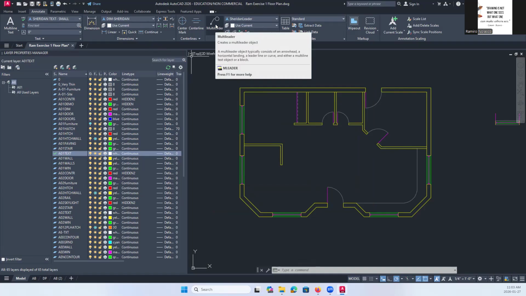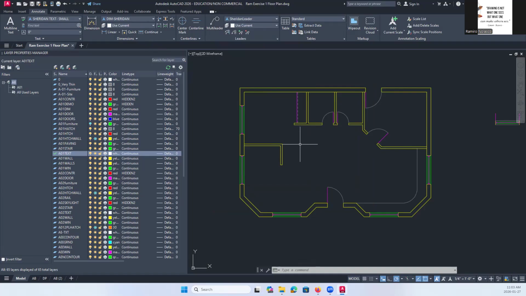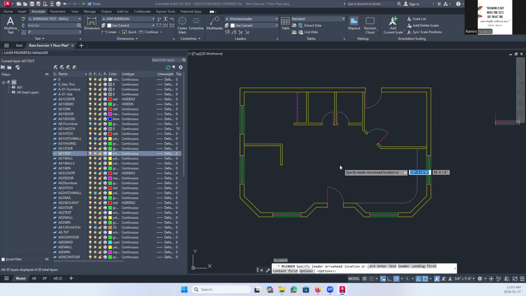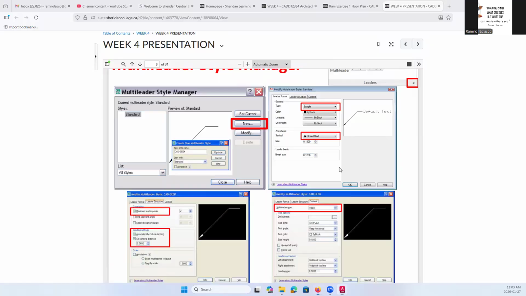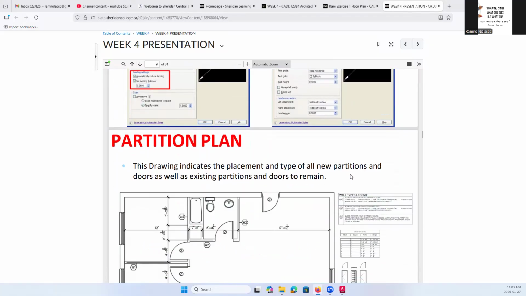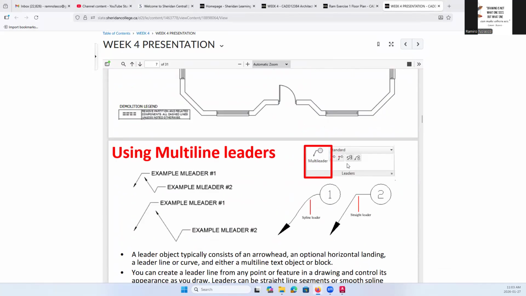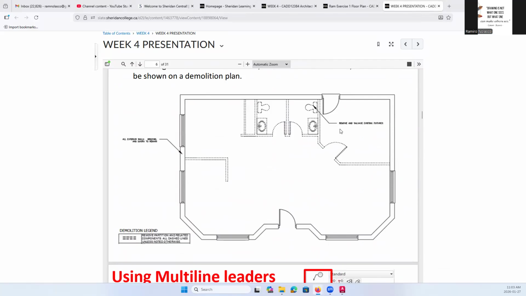Now we're going to click multi-leader or type ML, and then you can say M leader. Okay, so M leader, and then here we are asked to add a text: remove and salvage existing fixture.